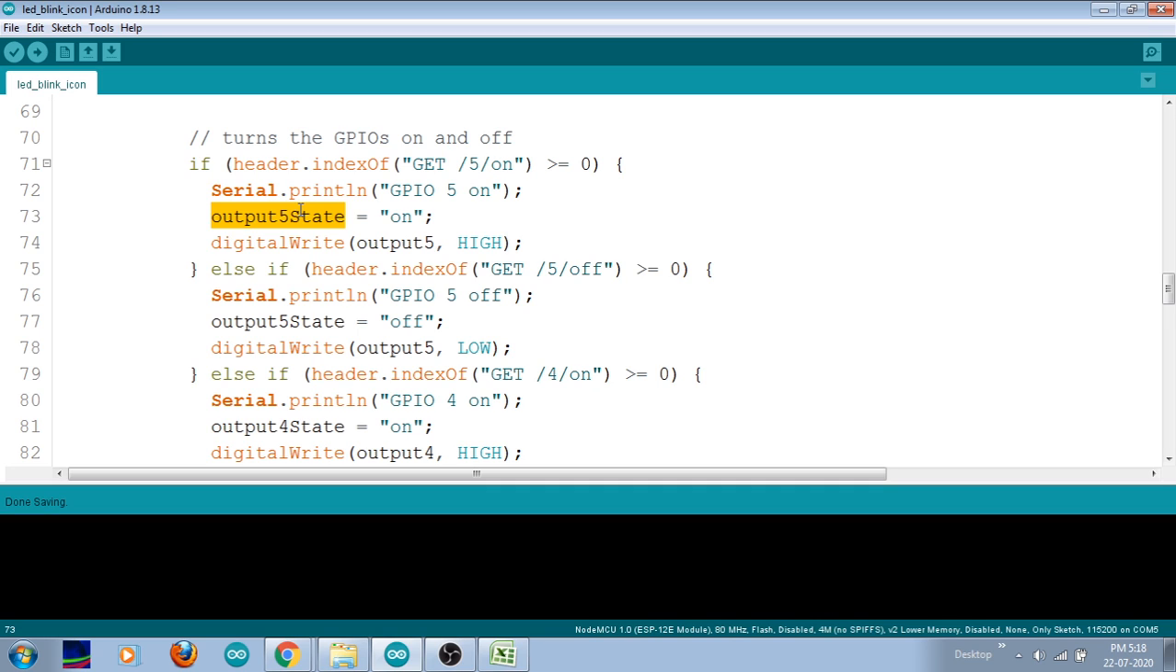Now suppose my received command is off, then the else if condition will be executed. The header.indexOf function will compare your received variable through the GET command. We are getting that input, and pin number 5 will be in the off state. This variable, the communication we get from your server, is being checked for whether it is greater than or equal to 0. Suppose it is true, then automatically we will be turning off your